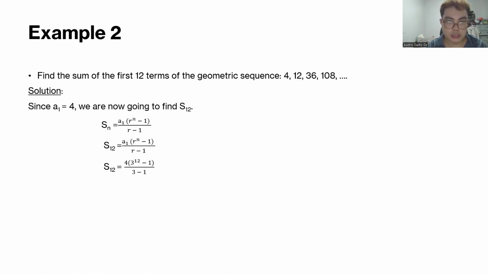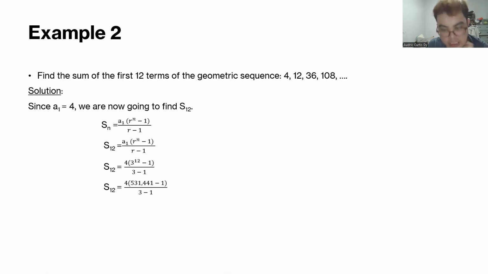Here, I did not write that the common ratio is 3 because it's already understood. So the common ratio is 3. I substituted R with 3 because 3 is the common ratio based on the sequence. So 3 raised to the power of 12 first. Then I simplified it. Then the answer is